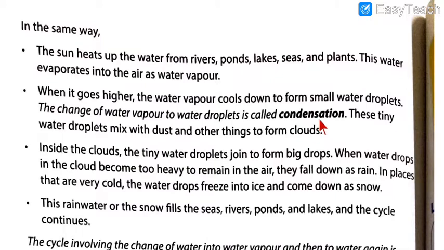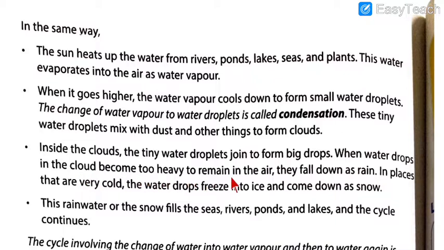Why is it so? Only because of the sunlight, the sun's heat, this evaporation process is possible. Otherwise, we humans are not capable enough to evaporate the water totally from the ocean. It is only because of the sun's heat and the sun's energy. Only the sun is capable of doing this process of evaporation in a large amount in all the parts of the earth. So I hope now you got the idea of evaporation.